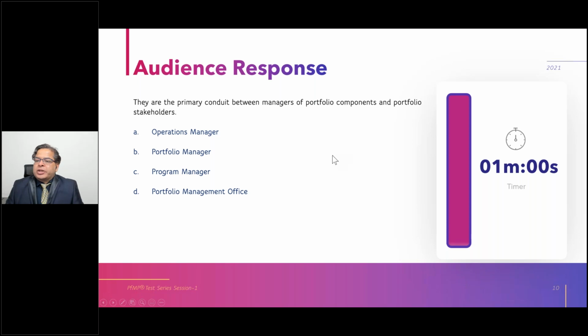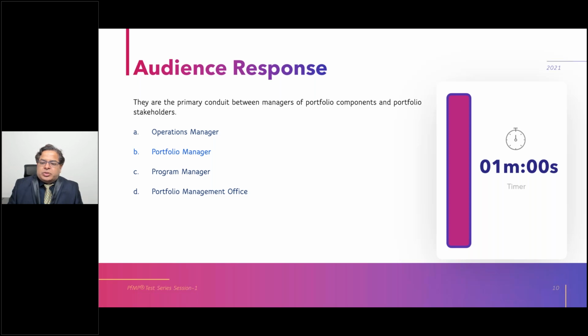All right. So this is another one-liner question, but I have noticed that many of you got it wrong, and many of you got it right as well. So the answer for this is portfolio manager. So yes, the organization has strategy and organization vision, and the sponsors and the departments want to get the work done. So they come to the portfolio manager, and the portfolio manager has project managers and program managers. So they will get the work done. So you are a kind of a bridge between the organization strategy and the projects and the work to be